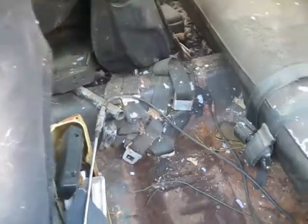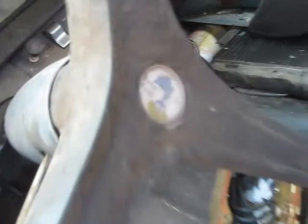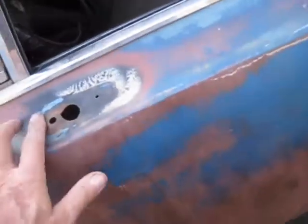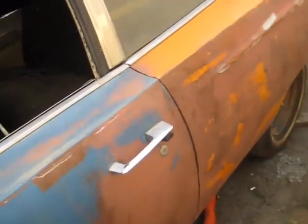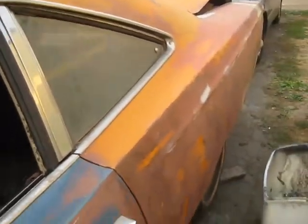I don't remember, it's been a long time since I worked on these things. But the back seat's alright. The seat part, the back is gone. Rat's got a hold of it. Looks like the steering wheel and stuff's good. And we got a little Roadrunner beep beep on it. Anyway, not a numbers matching unmolested car, but pretty decent for